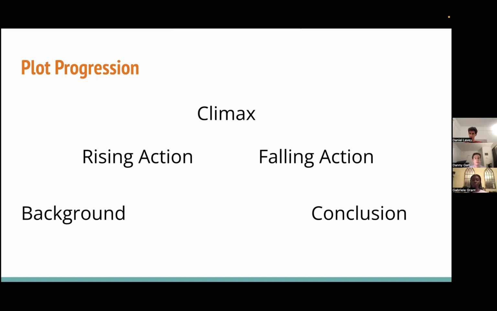And for your conclusion, you'll want to remind the reader of the beginning of the story and how the characters got to the point that they ended up in. And you'll also get to decide the tone of the conclusion, depending on the angle that you approach the story with in the beginning. So overall, paying attention to the plot progression will help with improving your basic storytelling and creative writing skills.